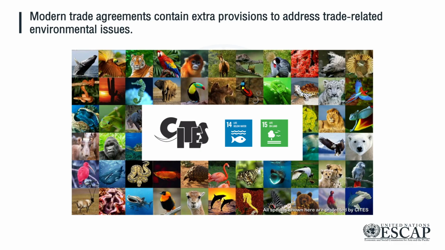Signatories to this convention agree to regulate their own industries so as to preserve endangered species and manage stocks in a sustainable fashion. Because the costs of doing so are widely shared, the burden on any individual country is diminished. CITES compliance reduces the cost to individual countries of achieving targets in SDGs 14 and 15, that is, the preservation of life underwater and on land.